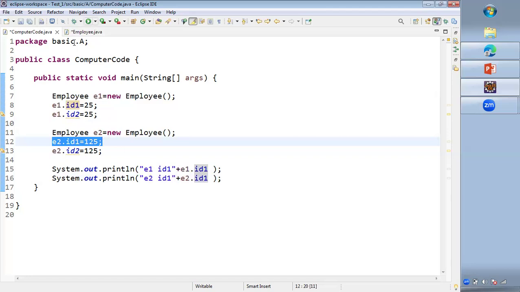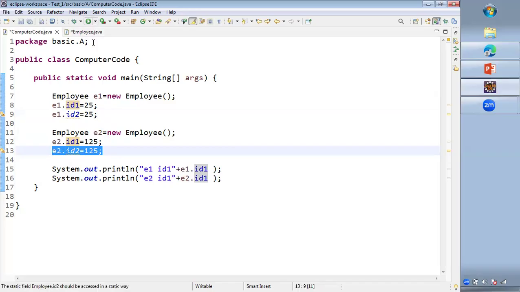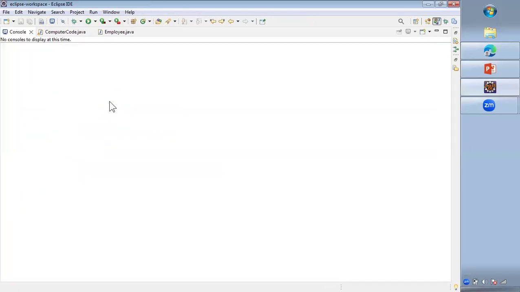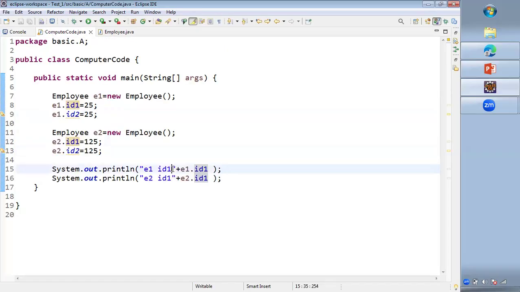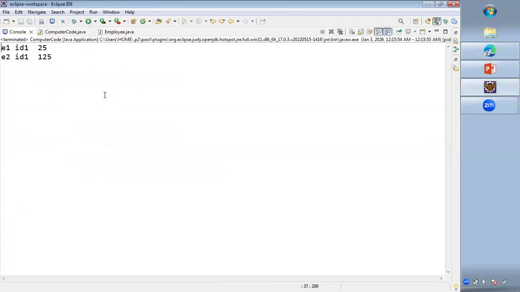So let's see what will be the result. We are not displaying id2 still. So let's see what will be the id1 result. When I execute this program, I will be getting e1.id1 as 25, e2.id1 as 125. So let's give proper spacing. Now if I execute after giving proper space, you can see id1 with both the objects are having two different